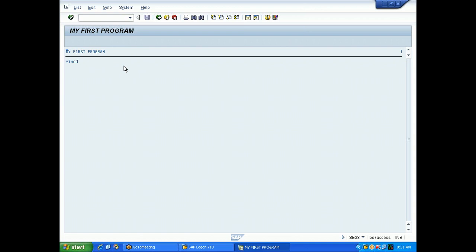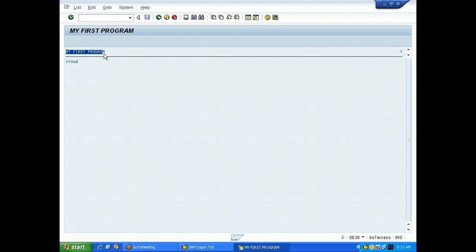Good. So please make a note that in the output of the program, by default, the title of the program, page number, and underline will come.